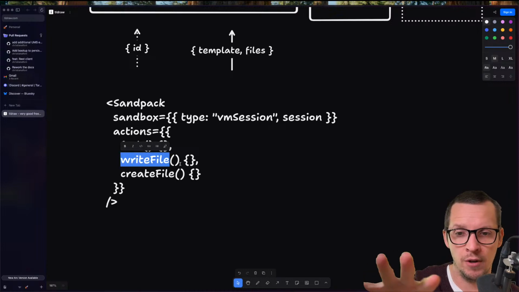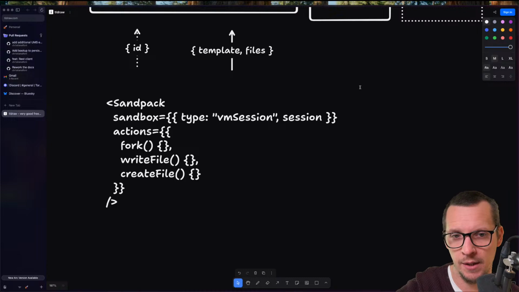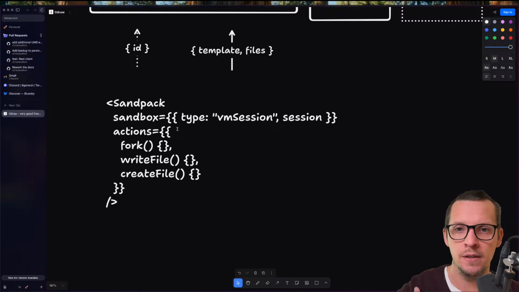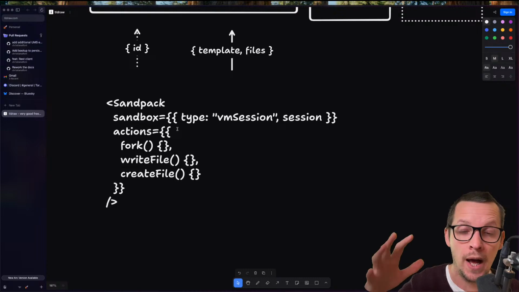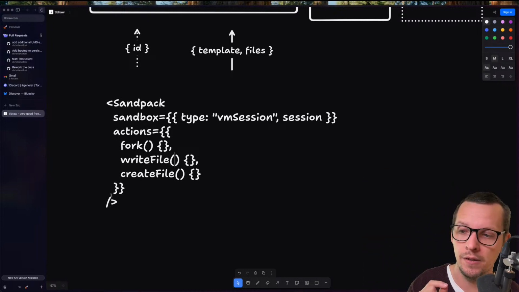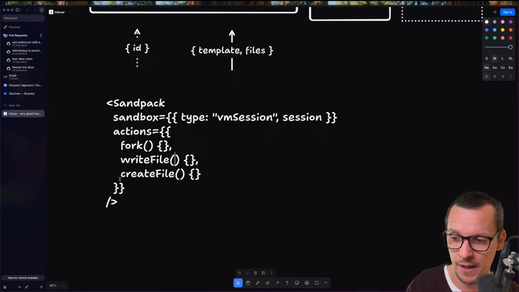So when you do write file the next time, it's not because we have an internal ID. We don't have any internal IDs. We just have code, right? And it's the external part that has the context of what that code means. I like that. So Sandpack doesn't have any context of,